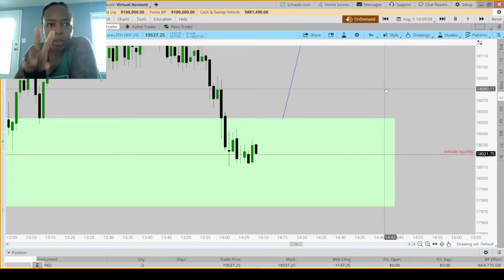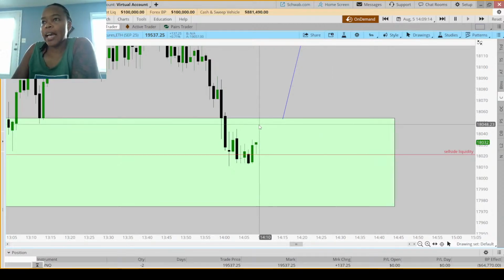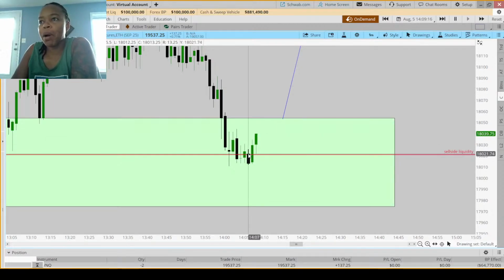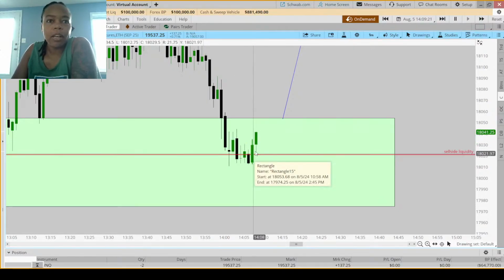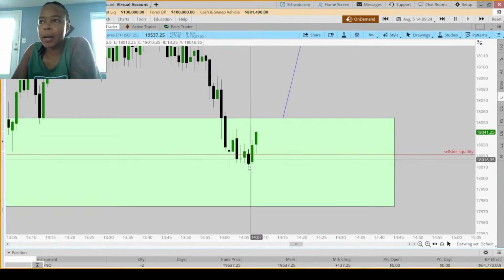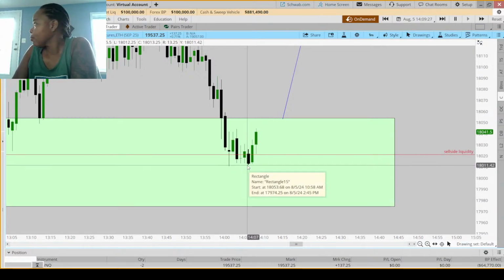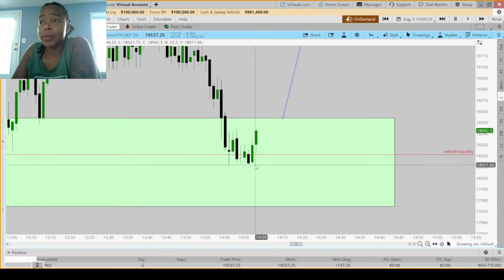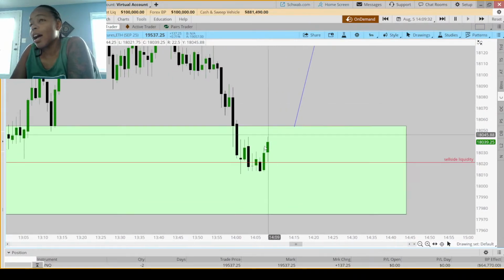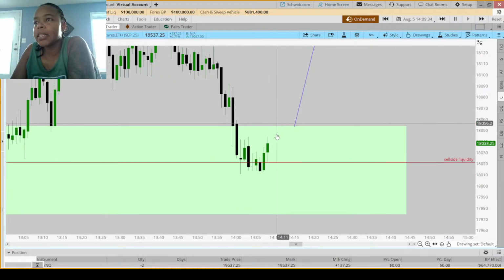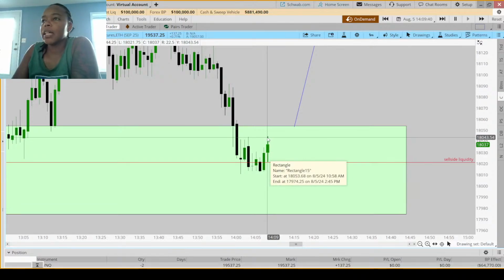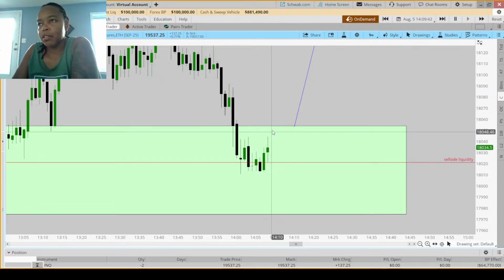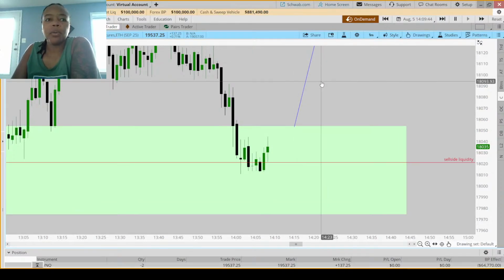So my entry has two options, right? We get the shift up, and you see how this candle's forming and it's popped this guy. I no longer need to take my entry here because they've already rebalanced it. They don't need to come back down to it. So I am waiting to see. We're gonna get a shift. I would love here to see an up close, a down close candle form here for a run up.